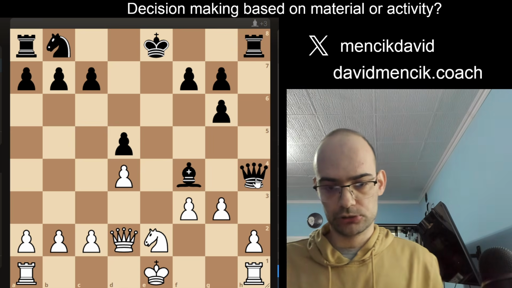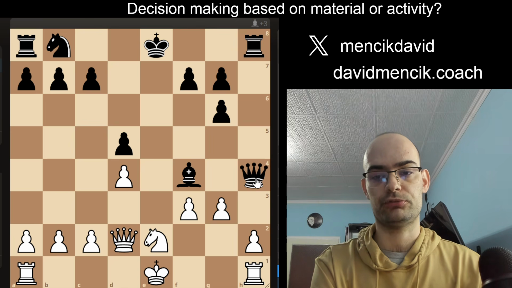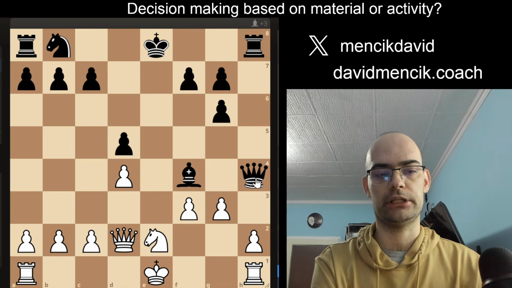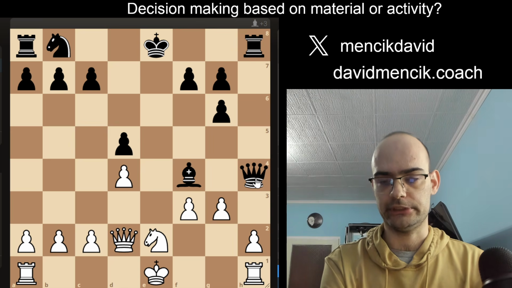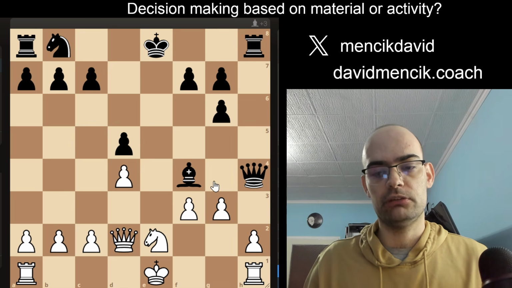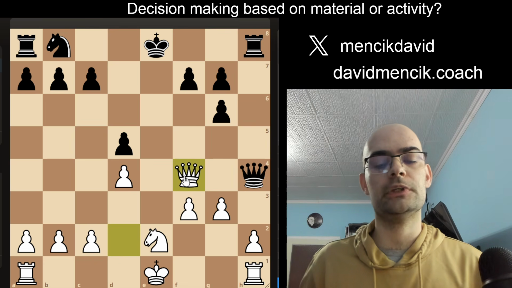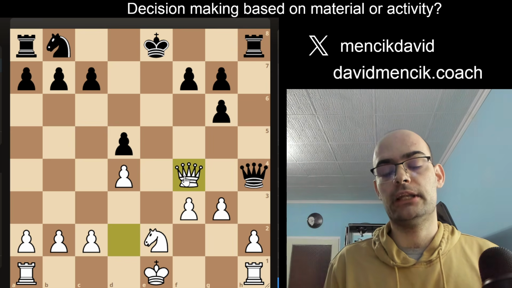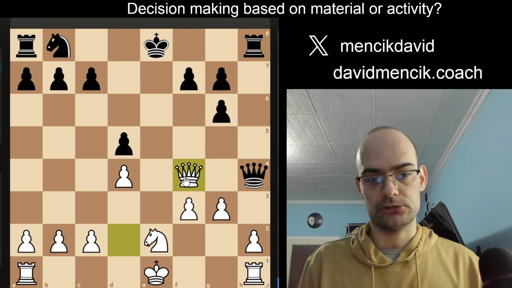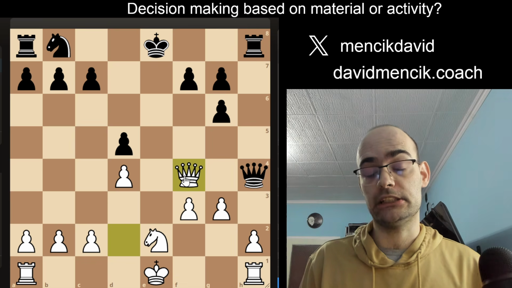Alright, so the two serious moves in the position are queen takes f4 and knight takes f4. First, let's go over the move that is incorrect, and that is going to be queen takes f4, trading the queens. This position occurred in one of my student games, and he did take with the queen, thinking that after the trade of the queens, the knight on f4 will be placed on a good square, and white will be at least slightly better.